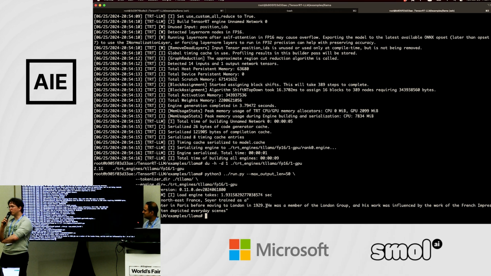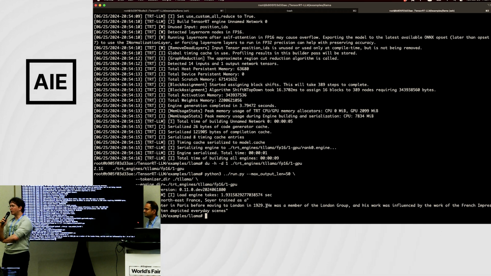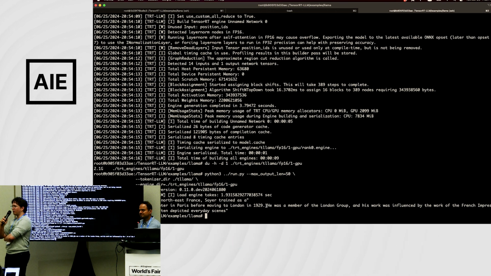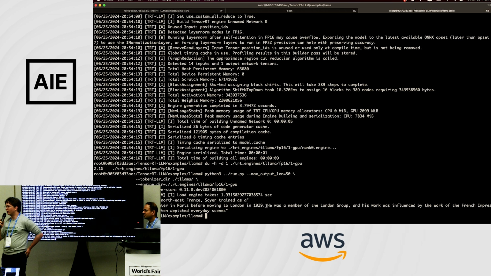Yeah, so there are two places that the max output is set. The first place is when you're actually building the engine, you give it an argument for the expected output sequence length. That's more for the optimization side, so that you're selecting the correct CUDA kernels and so that you're batching everything up correctly. And then once the engine is built, it just uses a standard, I think it's max tokens, right, parameter. And yeah, you just pass max tokens, and that'll limit how long it runs for.